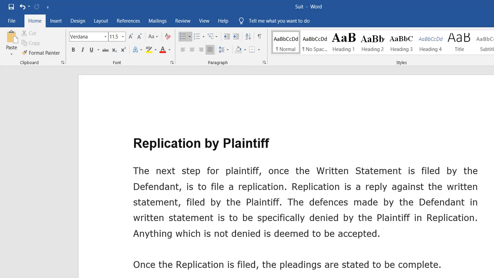Now the next step for the plaintiff is to file a replication, which is a reply against the written statement filed by the defendant. The defense made in the defendant's written statement is to be specifically denied by the plaintiff in the replication. Anything which is not denied is deemed to be accepted. Once the replication is filed, the pleadings are said to be completed.